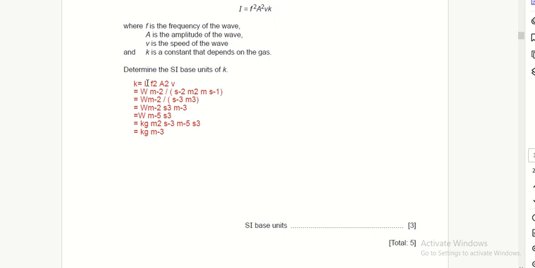I is the intensity, which is watt over meter squared or meter minus 2, because intensity is energy per unit area per unit time, over